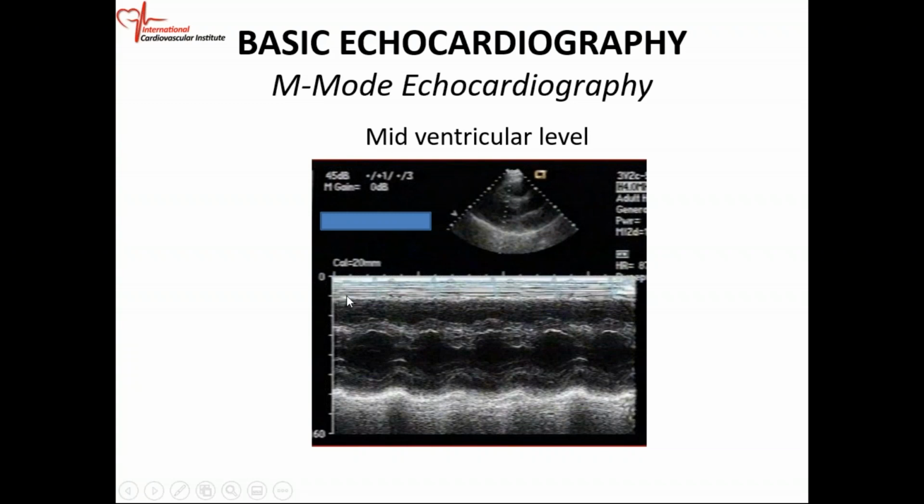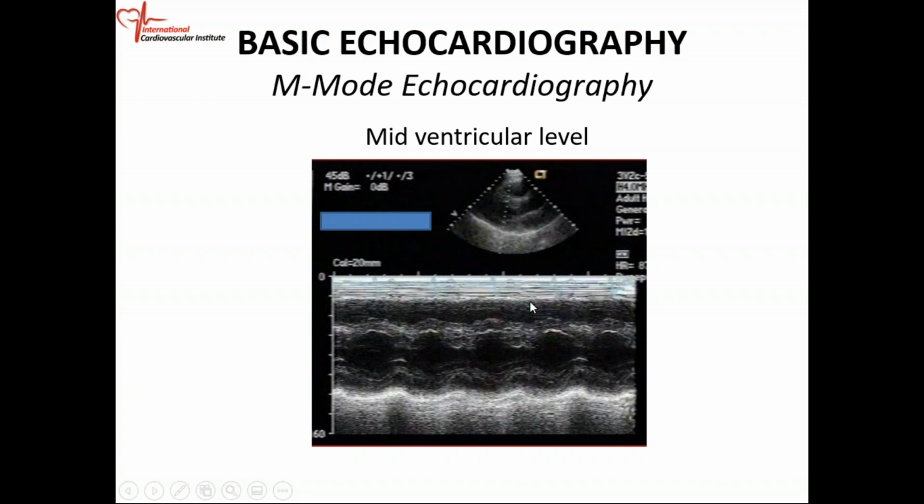Below the chest wall, then you have the pericardium. Okay, because that's the structure that the cursor is seeing. So just below the pericardium, you have the RV wall. The RV wall, so you can measure RV thickness. And then below that, this is your RV cavity. So with your M mode, tissue is gonna have this gray appearance, and fluid is gonna look black. And because the RV cavity is filled with blood, it is black.